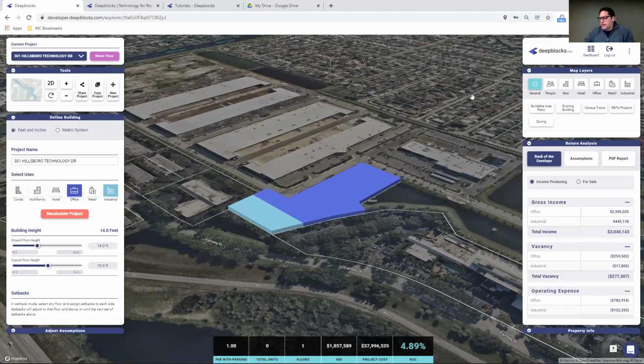That process normally could take a month, 2 months, bringing in various consultants and teams, whereas with Deepblocks you're doing it within your own team in-house, using the software to eliminate a lot of the delays in coordinating everything, as well as the upfront cost, and getting to the same end result: finding properties that make sense for your criteria and your development agenda. So with that being said, let's continue to look at this particular parcel.